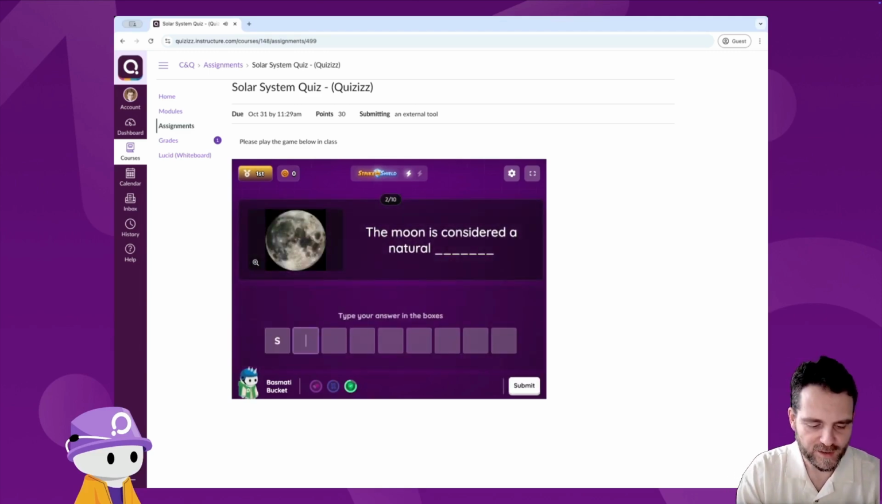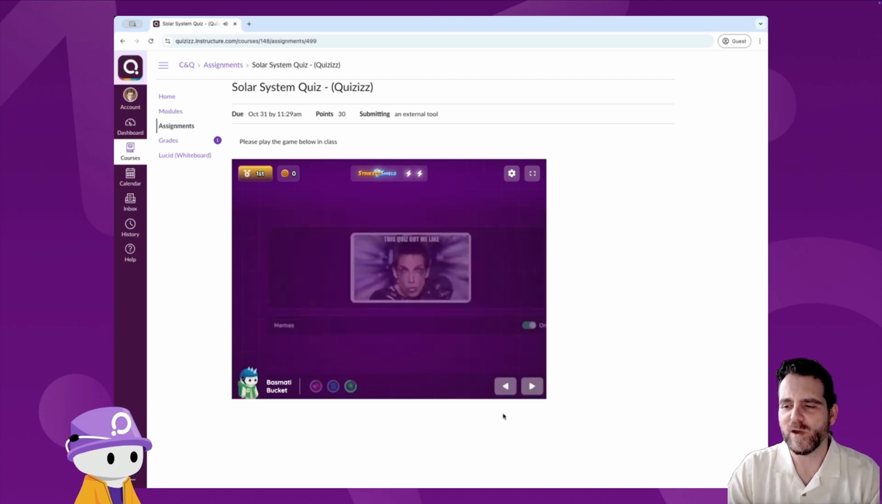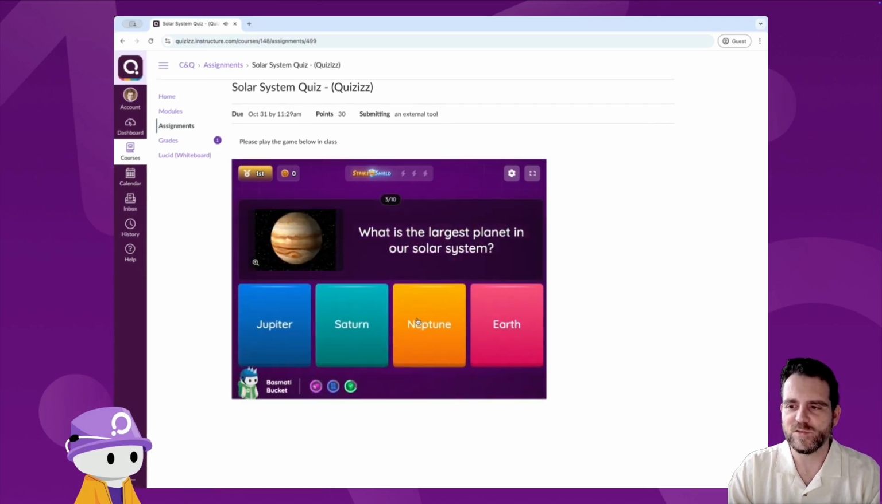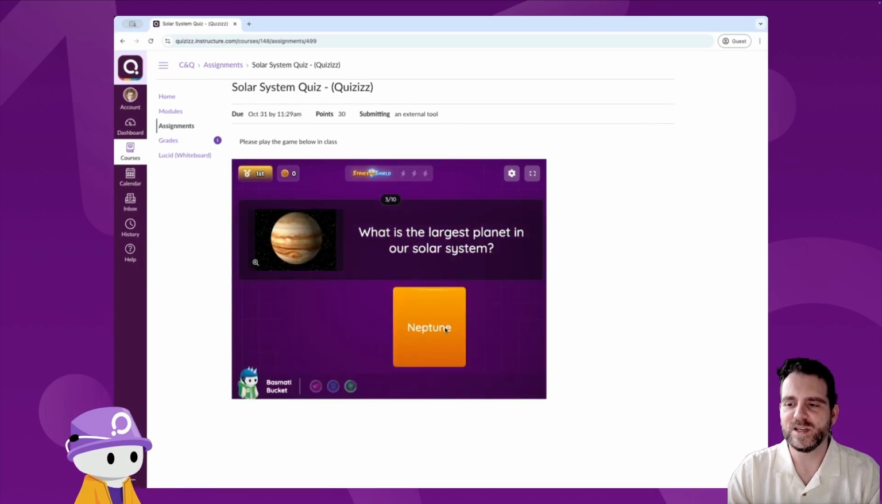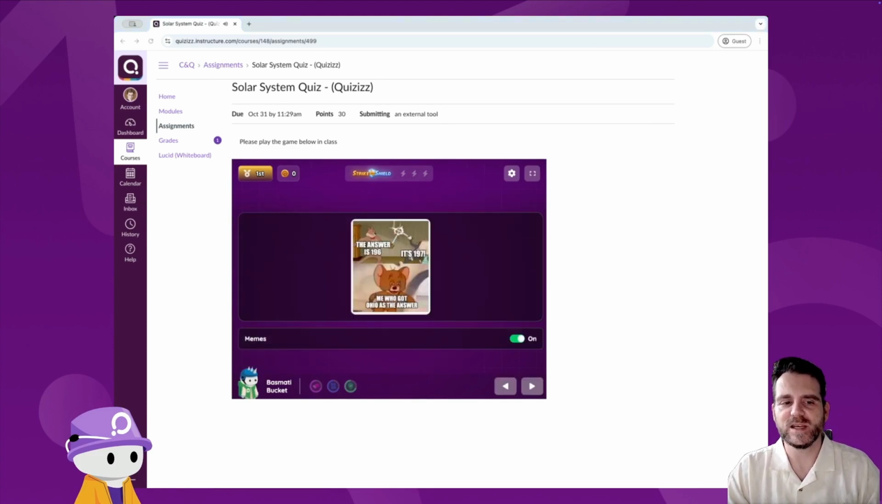We'll do one more question just so we have some data. And the moon is considered a natural what? It is a natural satellite. I probably should at least get one question wrong for our data. So let's go through and bring in one last question. What's the largest one? Neptune. So now that the student has completed that game,